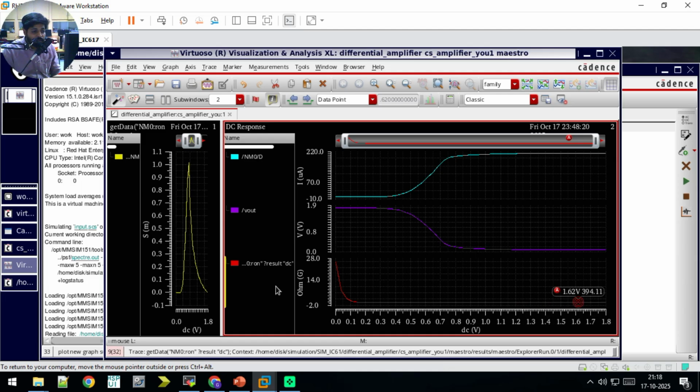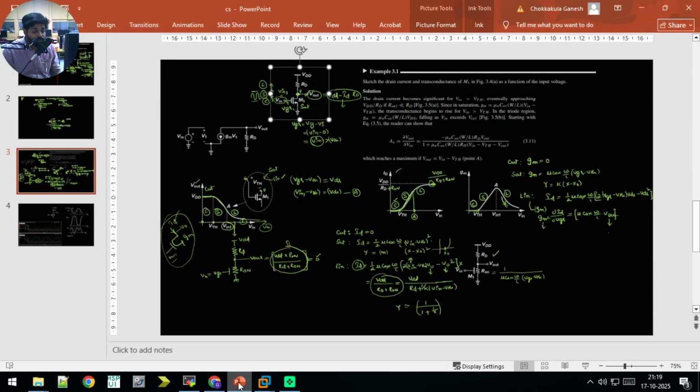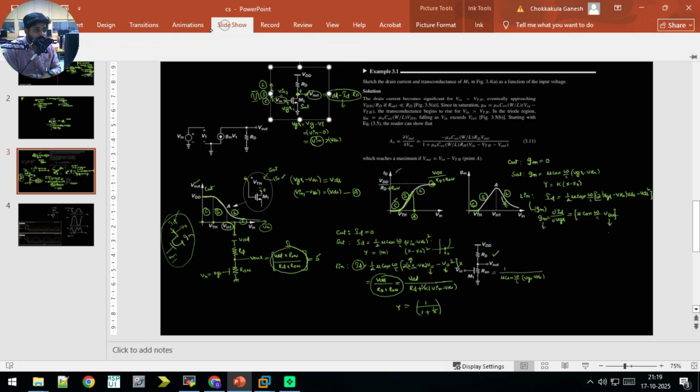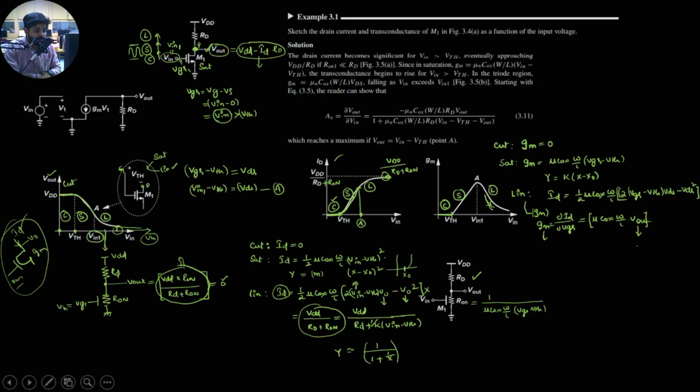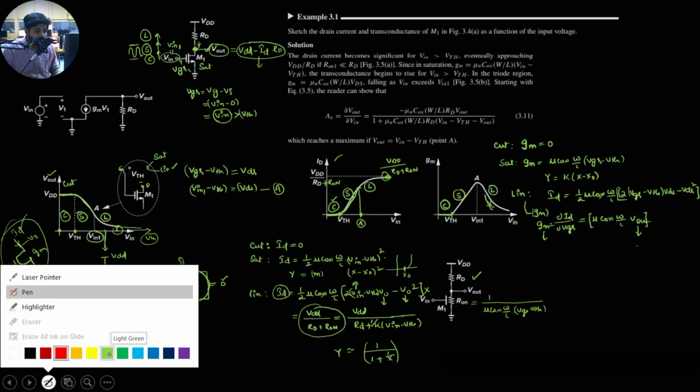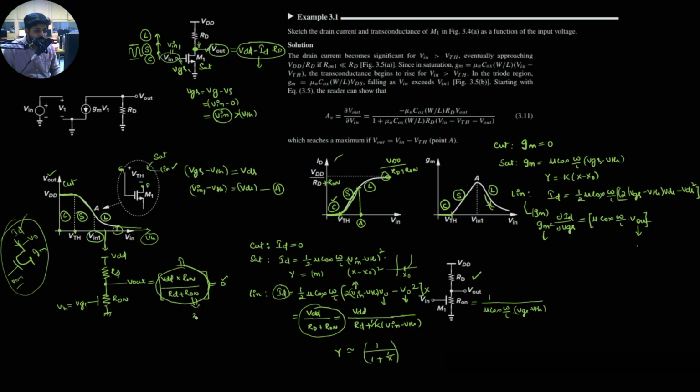At 1.62, I got the Rn as 394 ohms. So this one is 394 ohms at V input equal to